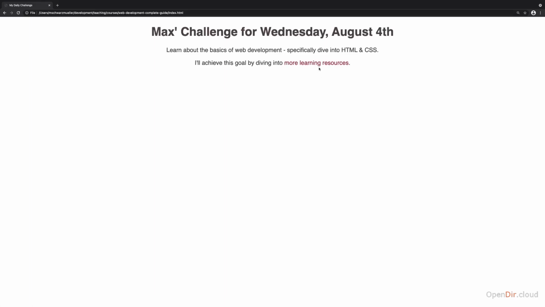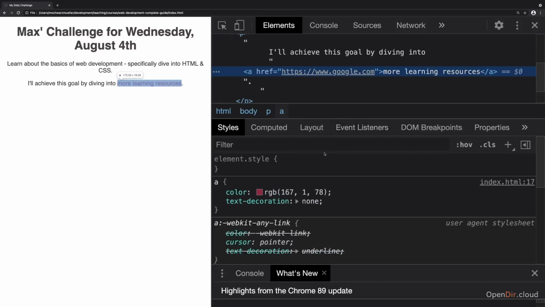Now with that link styling added here, there's one important thing about CSS which I want to point out. And that is the fact that multiple different rules can affect the same element at the same time. And the link is a great example. If I inspect this, we can see that certainly our own rule here is having an effect here, but we